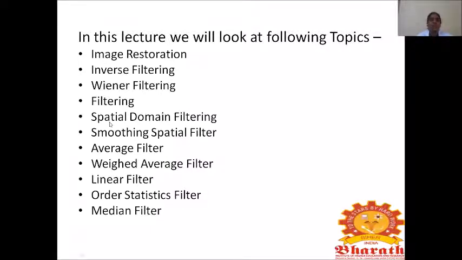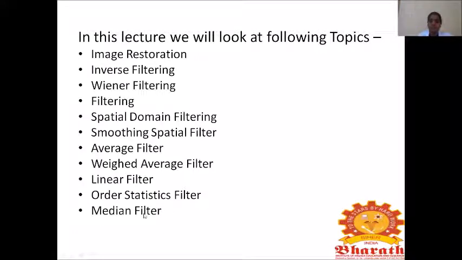Filtering operations means two kinds of filtering operation, that is mask operation: average filters and weighted average filters. An average filter is where the particular mask has equal coefficients, all the coefficients are equal. And weighted average is unequal, not all are the same. So the coefficients are different, and that is called a weighted average filter. And finally we are completing this topic with median filtering.